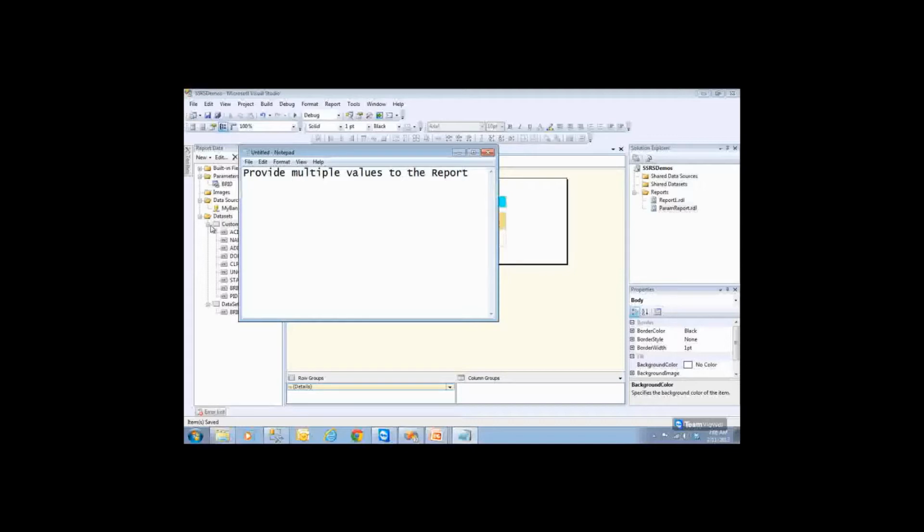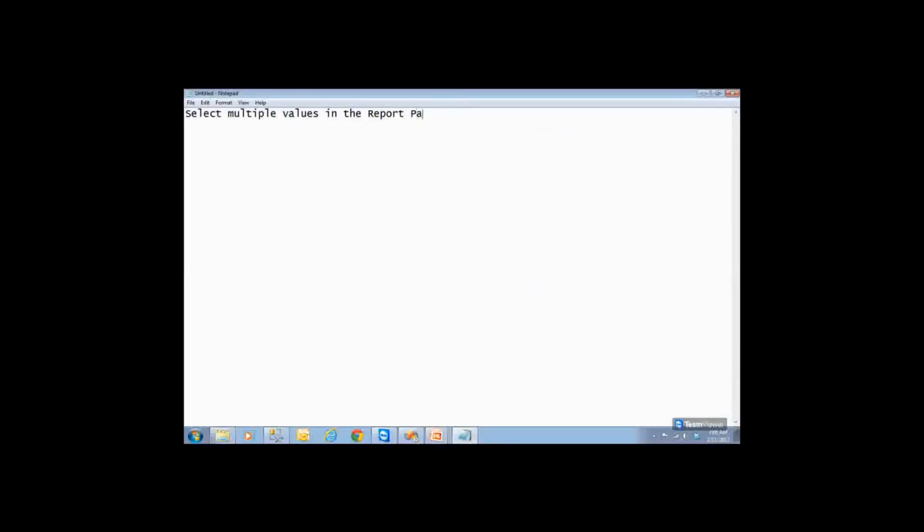I should be able to select multiple values in the report parameter. So this is what we're going to do: how the user can select multiple values, not just a single one.